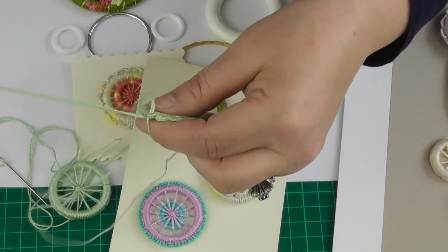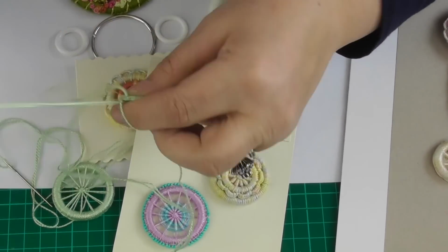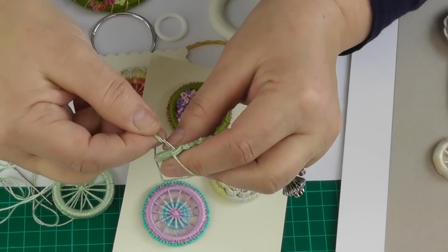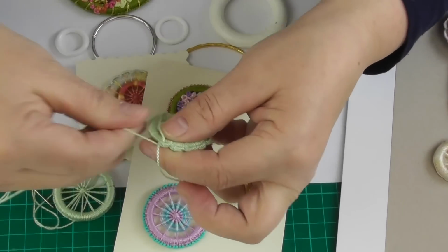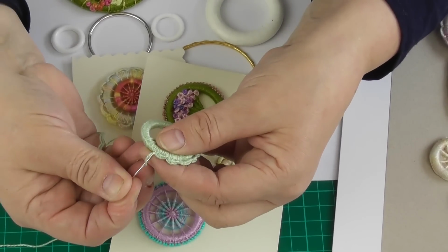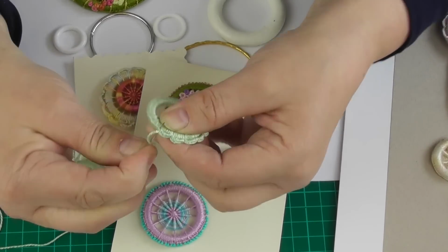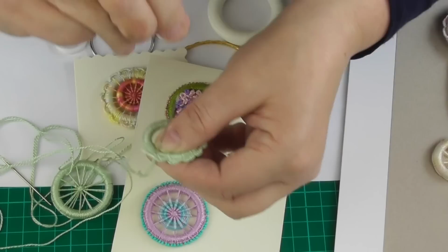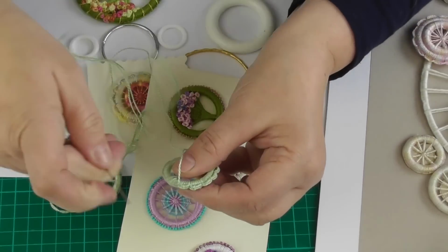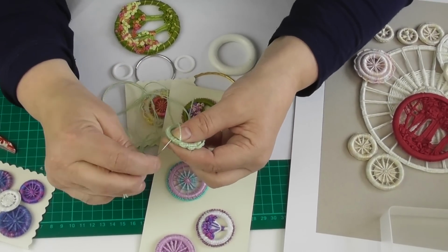And you're actually covering those 2 bars that you threw across there. So that's number 5, number 6, number 7, and I think I can get 1 more in there. So that's 8. And then to finish it, because it's up in the air here, you just take the other end of your needle and you come through from the back where that bar was originally thrown across that gap. Give it a pull, feed the thread through, and that will pull that lovely loop in. And then you start again by throwing another bar